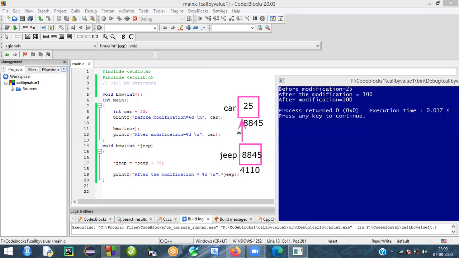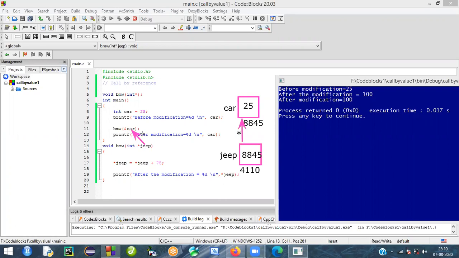The address value is copied to the pointer. The pointer Jeep will hold the address of the car variable. Directly it is pointing to that particular value.